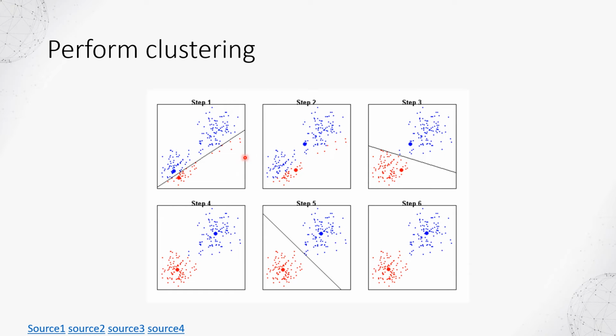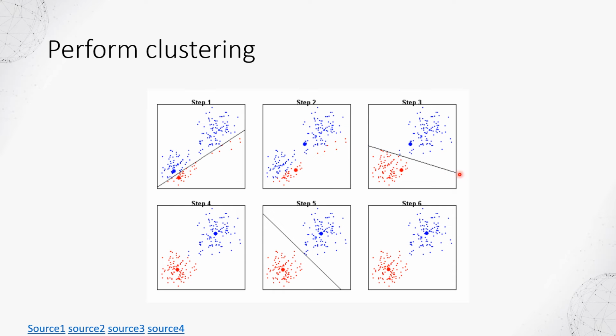After we go through all of the points and find their corresponding clusters, we reposition our centroids. For this cluster, we calculate the average of the points. So for the blue cluster, the new centroid is here. In the same way, we calculate the average point for the red cluster, and we find a new red cluster centroid here. And with the new centroids, we will